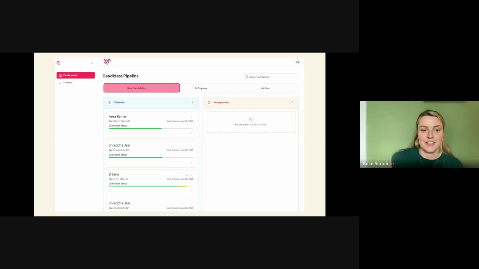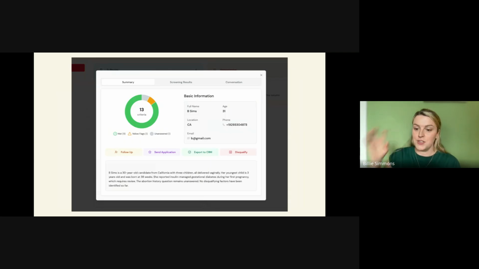And you can see there's a to review section here. So all of the candidates will come through here. We've got two test candidates here. We're obviously testing this a lot at the moment. And if you go to the next screen, when you click on a candidate, you get all of the information that you need. So you see the criteria that was met, where there were yellow flags, and any questions that weren't answered, like if I hung up the call halfway through or something, basic contact information and